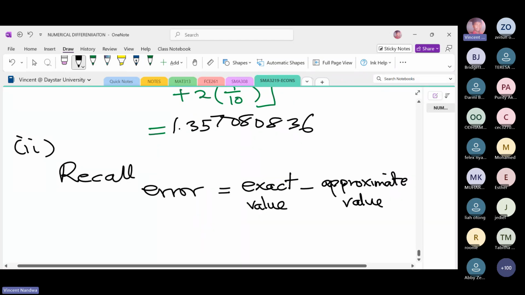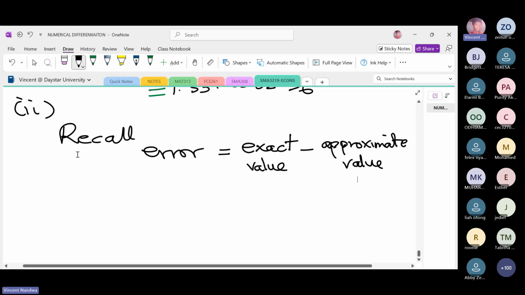Remember in all these methods we are discussing under numerical integration and differentiation, there are approximation methods, they are not exact. So the answers we are getting using those formulas are not exact answers. They're just approximate or close to the actual values of either the integral or the derivative, depending on the problem you're solving. So remember to get the exact value